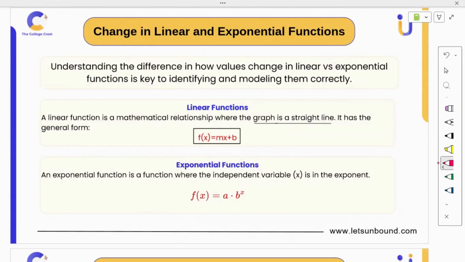We have already come across linear functions. In an exponential function, your independent variable will be in the exponent. Not every function with an exponent is exponential. Only if your independent variable is in the exponent place, then it is an exponential function, right? And this graph will be a curved one. Yes, we will explore more about this in this unit. So now,